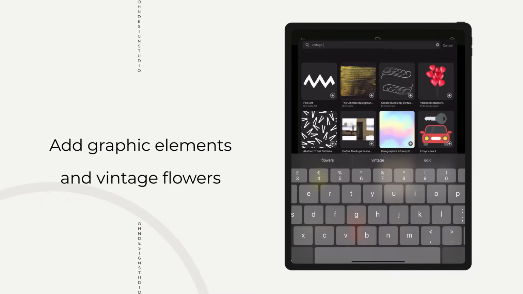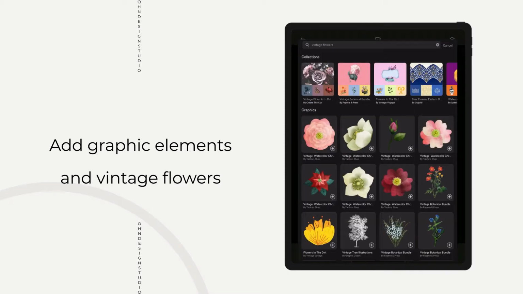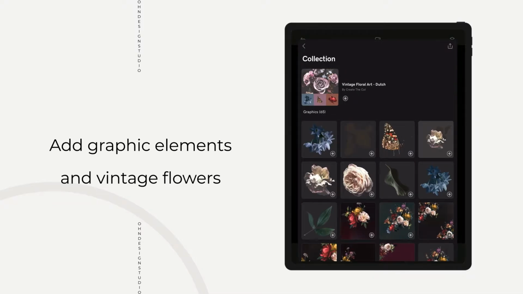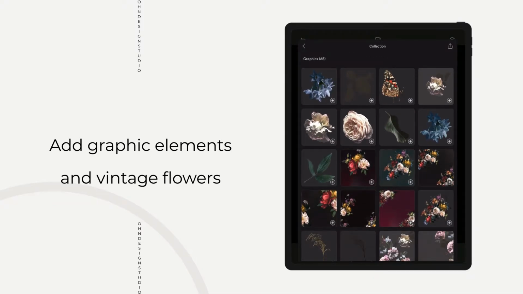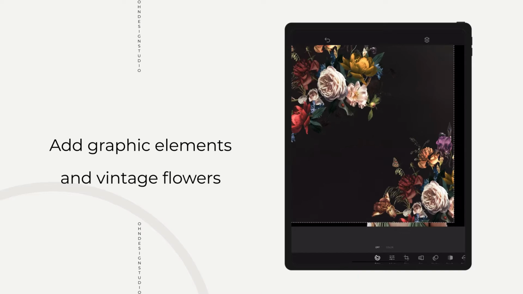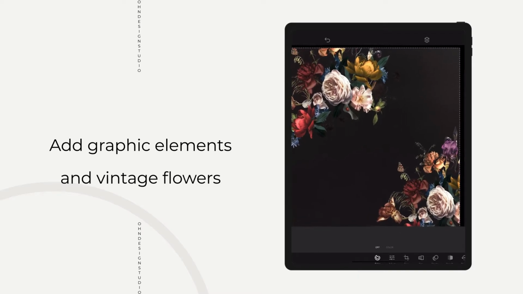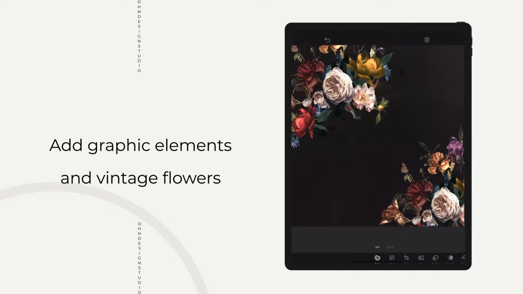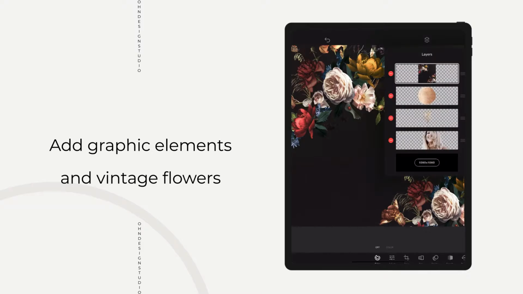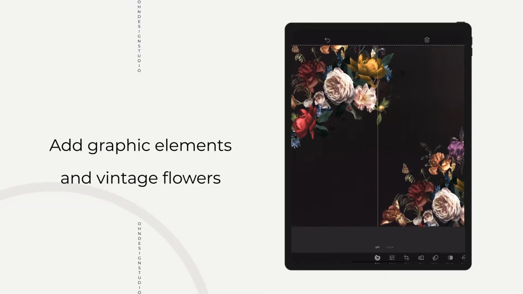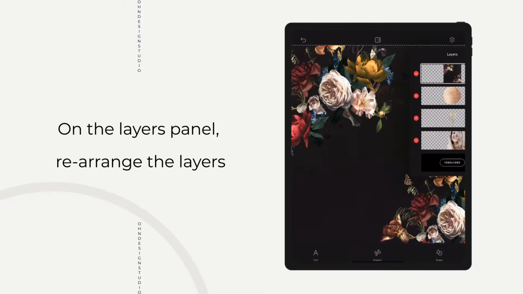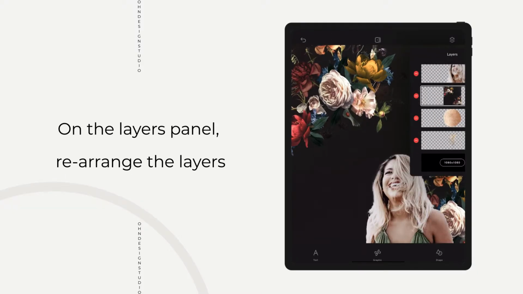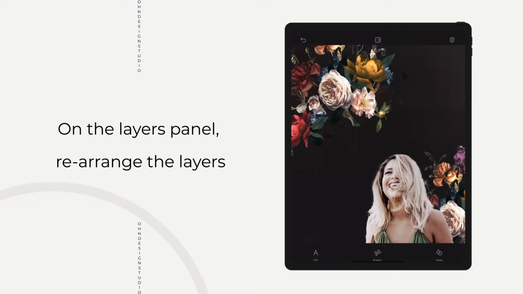But now is the fun part, so let's add in some vintage flowers from Create the Cut. They are on Over, so these are free. They also have an Etsy website, and I've used quite a few of their images from their website as well, so it's really gorgeous. And now, as you know, in Over app you can play around in the layers. So we're just going to layer it, bring up your selfie right to the top layer,